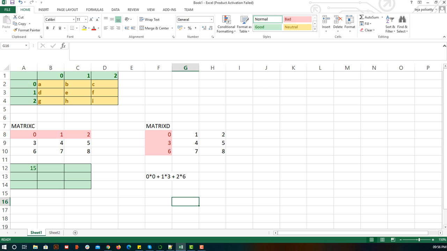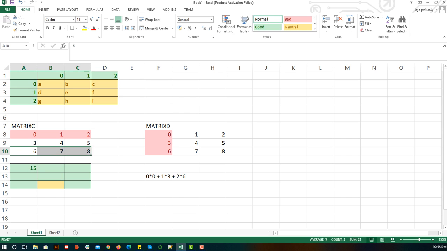Now you try to solve one more thing. For this place, this row will be multiplied with this column. If you want to get the value for this, it is on the 0th row and the first column. So this complete 0th row will multiply with the complete first column. I think you are getting my point. Similarly, if you want to get the value of this, let's keep it as yellow. What is the row for this? This is the second row and first column.